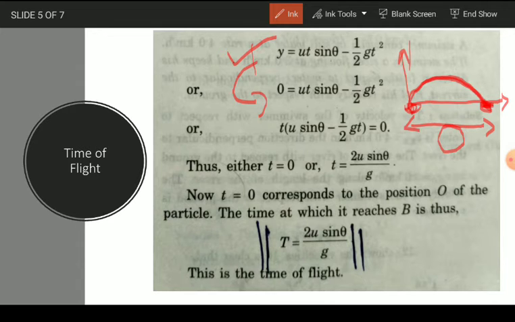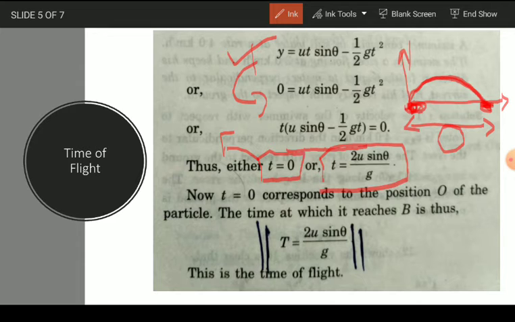If we take t common in the bracket, we will get u sin theta minus half into gt. Since it is a quadratic equation, we will get two solutions of it, which will be t is equal to 0 and t is equal to 2u sin theta over g. Here t is equal to 0 is a trivial solution which represents the particle when it is at the point of projection. Now the second solution which we get is t is equal to 2u sin theta over g